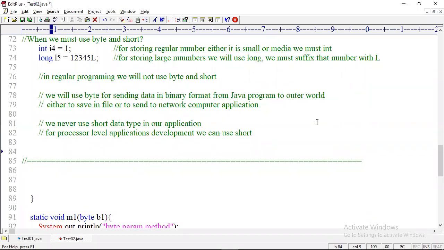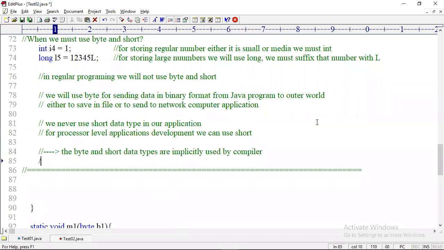And a very interesting point, which you don't find anywhere: the byte and short data types are implicitly used by the compiler for optimizing memory usage.